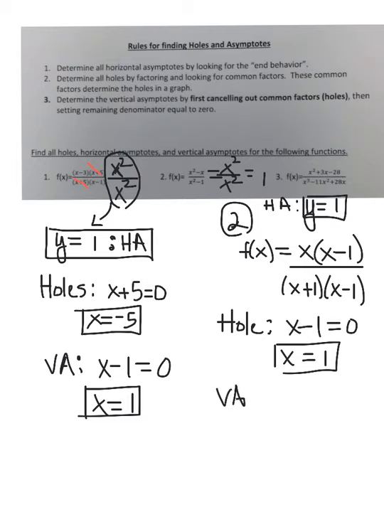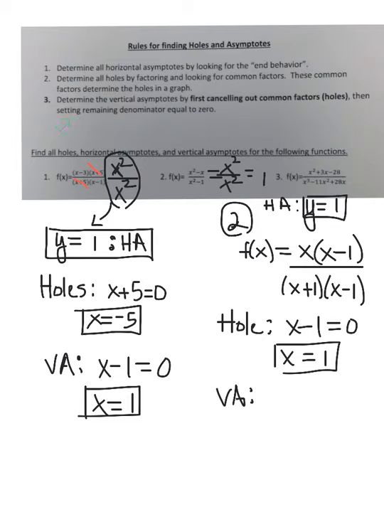And the last step, make sure you're taking notes. The last step is to find the vertical asymptote. Let's go back here again: determine the vertical asymptotes by first canceling out the common factors, then set any remaining